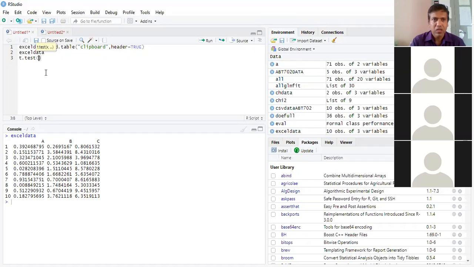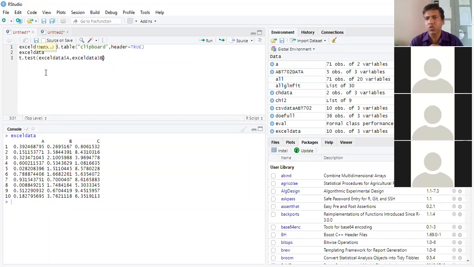So A comma B. Sorry, Excel data, then dollar, comma, then Excel data. Actually, before writing anything, it gives the suggestion directly. Then putting the dollar sign, it tells B.